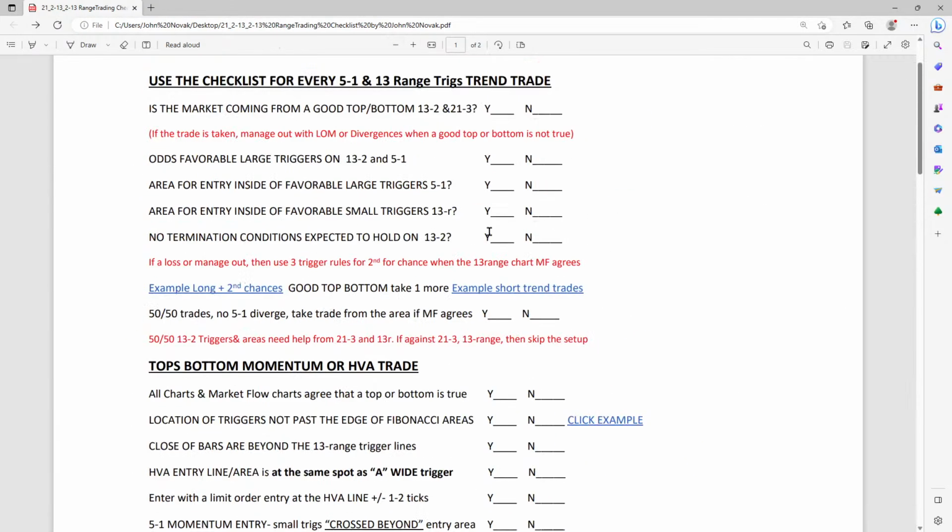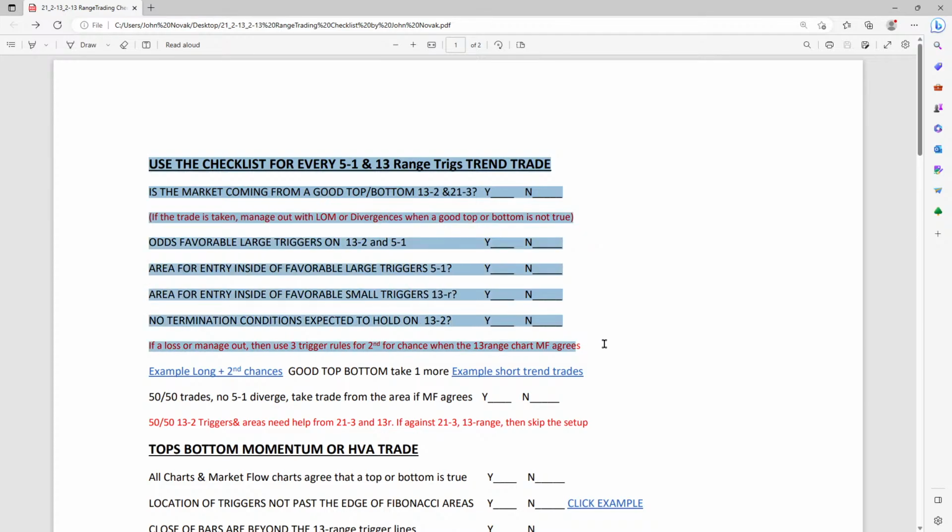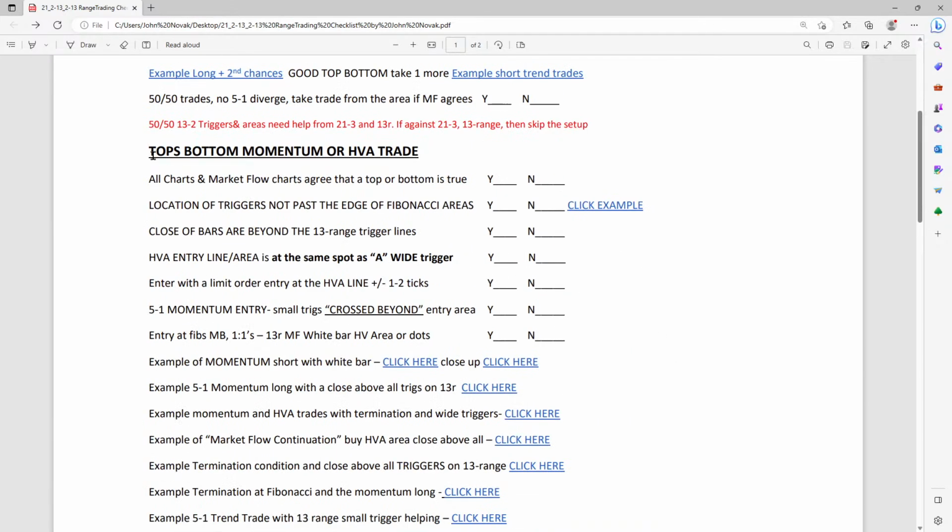So again, we've only talked about trend trade, your normal, regular old trend trade, and then a normal, regular old high volume trade. Now, again, there's a secondary entry. I think personally, there's one of two entries at the top or bottom. The high volume line is so obviously easy, because if the triggers and line agree, then get in and hope for the best. The one that's maybe harder for newer people is an example of a